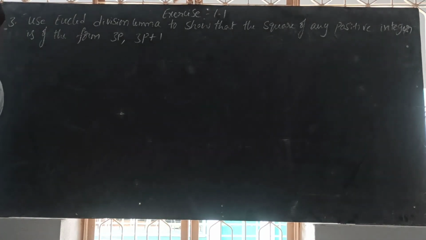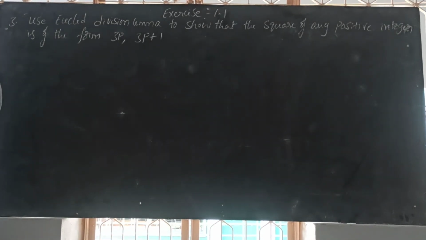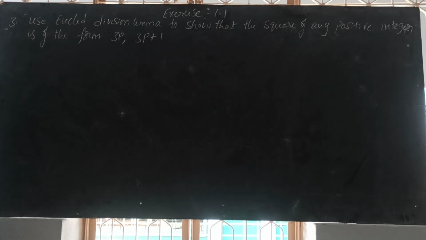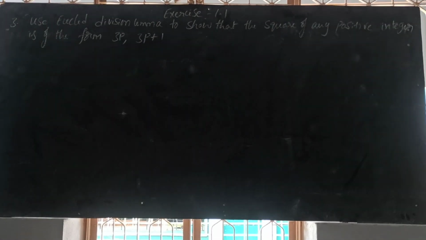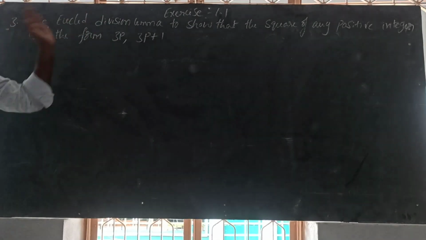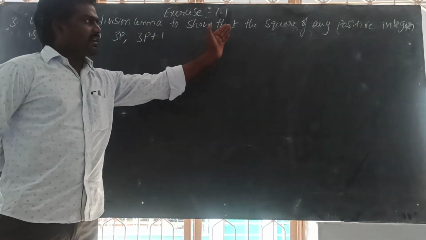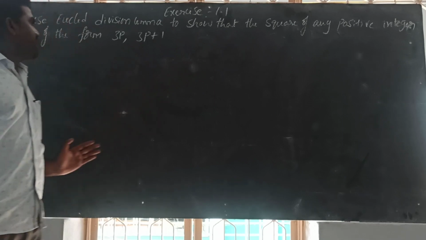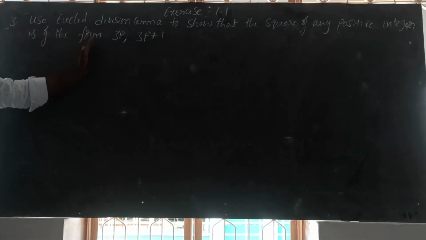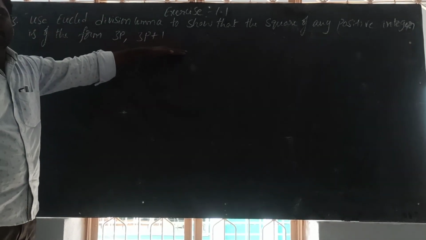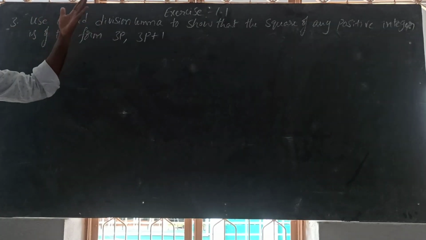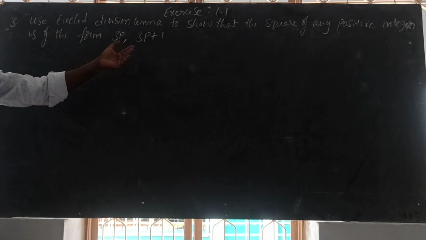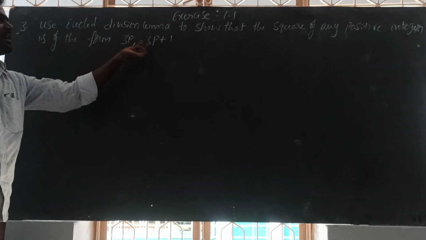Good morning, students. Now I am teaching 10th class, first chapter Real Numbers, exercise 1.1, third problem. Use Euclid division lemma to show that the square of any positive integer is of the form 3p or 3p plus 1. So by using Euclid division lemma, the square of any positive integer is in the form of 3p or